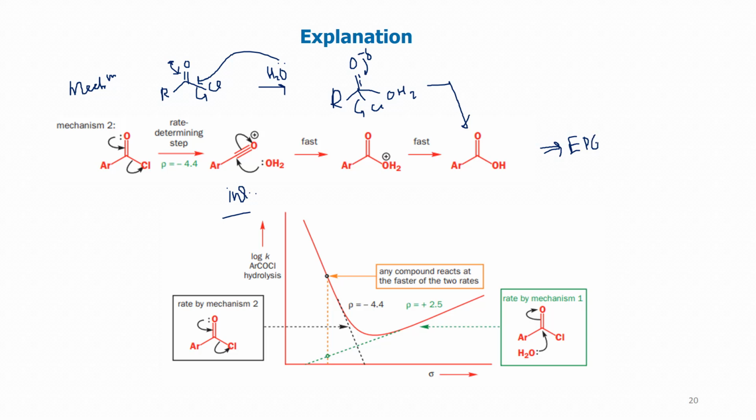But whenever there is an electron withdrawing group, it prefers a positive rho value. That means there is a formation of a negatively charged intermediate. Positive rho value means negatively charged intermediate, and negative rho value means positively charged, just reverse. So whenever there is an electron withdrawing group, the reaction goes through this pathway. Okay, is it clear? So in the same reaction, just by changing the substituent, the mechanism can change,